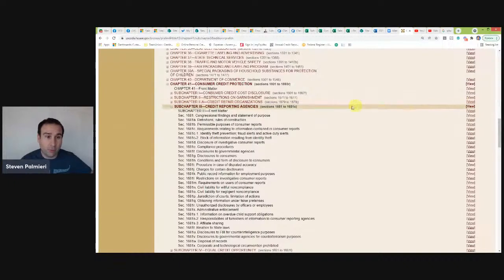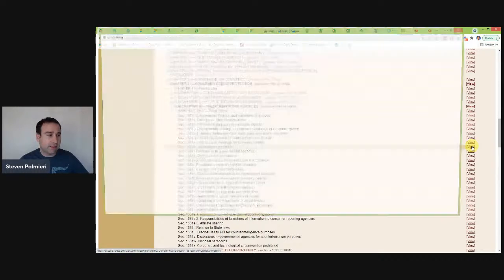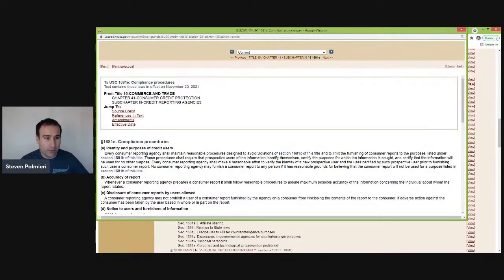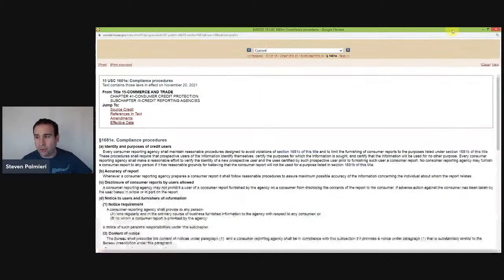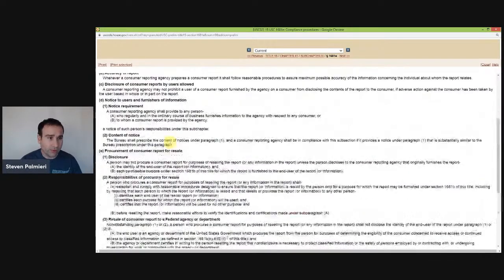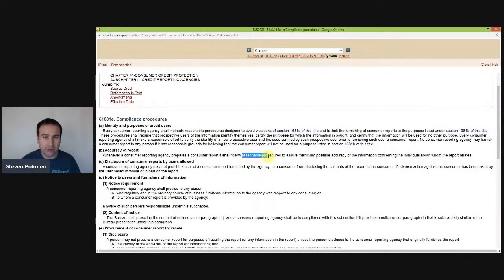So let's go ahead and share screen here, and we're going to jump right in and take a look at what we're talking about today. So we've got the FCRA pulled up here, and just to recap yesterday's video, the first thing we're going to look at is 1681e(b), which is where the accuracy requirement for the FCRA comes in. Okay, this is the compliance procedures, and again, we're talking procedures here. So 1681e(b) is the one sentence of the FCRA that requires reasonable procedures for maximum possible accuracy.